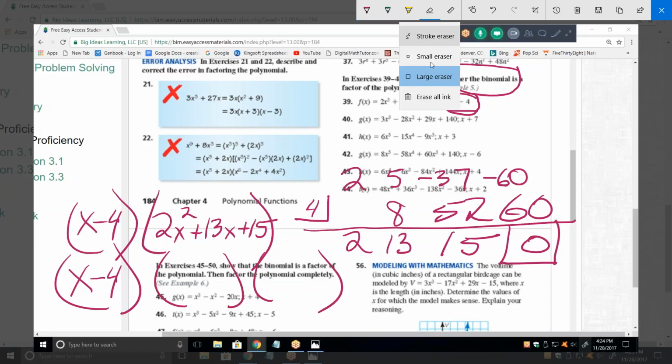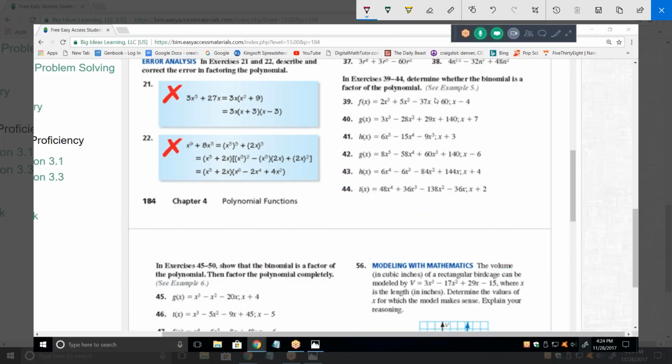Let's do one more of these. Let's do 40. So set me up. How do I tell if x plus 7 is a linear factor of that cubic? Okay. So in the box is negative 7. And then the numbers are 3, negative 28, 29,